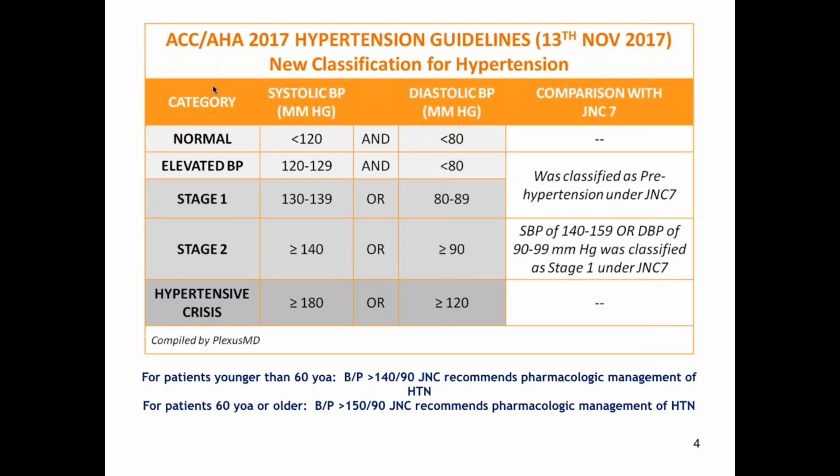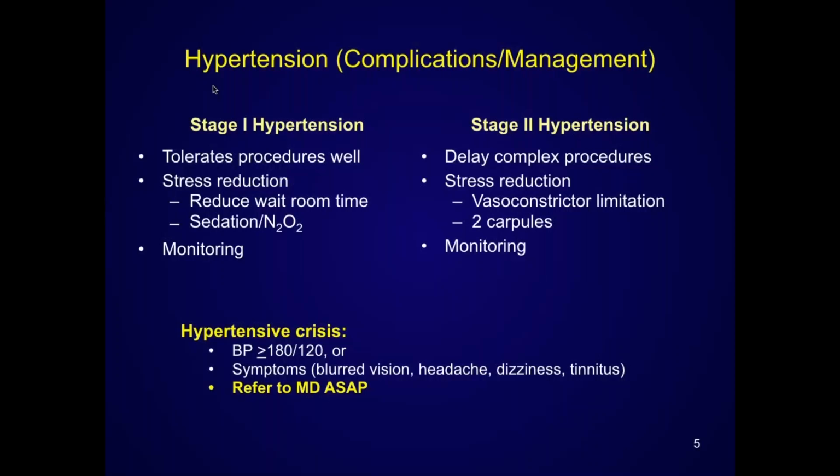And we're going to roll this into some discussions about hypertension and cardiovascular disease. We'll start here with your stage 1 and stage 2 hypertensions. It's our first jumping off point to say, okay, who do you treat, who don't you treat? Generally your stage 1 hypertensives, the individuals who have less than 140/90, can tolerate most procedures well. You might do some stress reductive techniques. It's your stage 2 hypertensives that you have to take a second thought and go, okay, maybe I need a consultation with the physician. Maybe I need to delay my